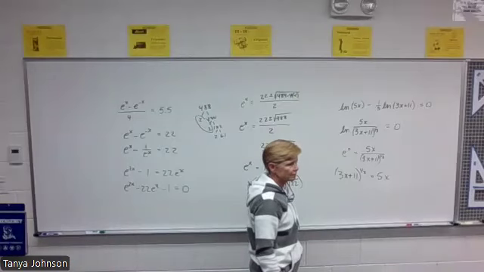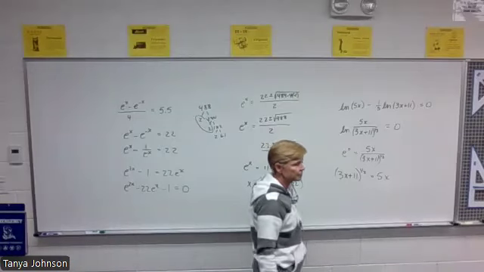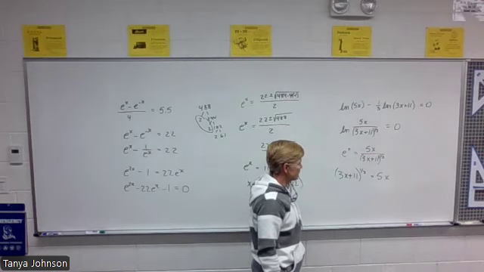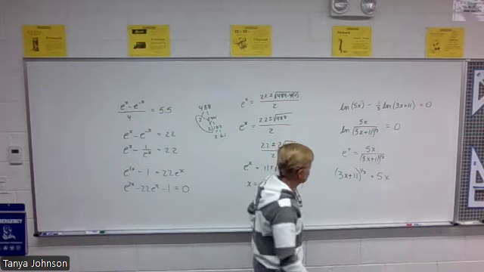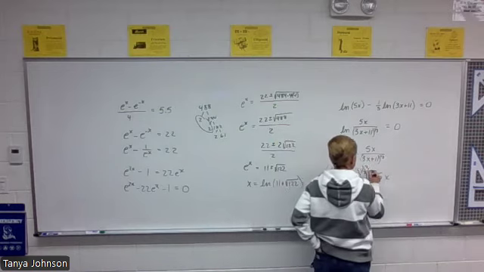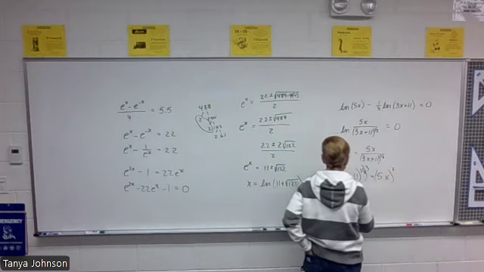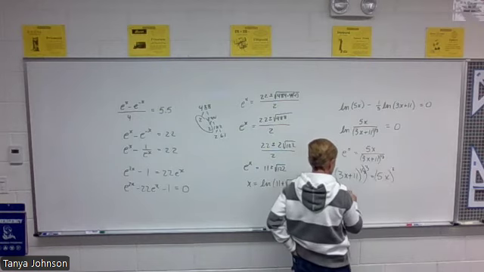Everybody okay with that so far? And that's the algebra after you eat it. How are you going to get that cube root off of there? Cube both sides. Cube it. Yeah, that's the inverse. So we cube this side, we cube this side, and we get 3x plus 11